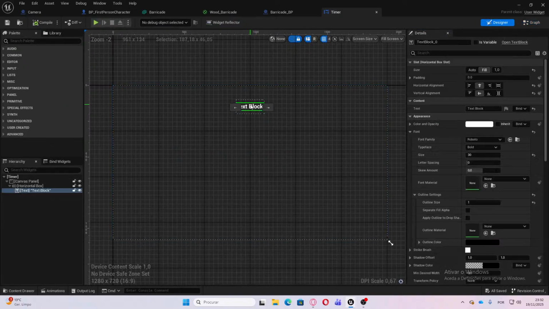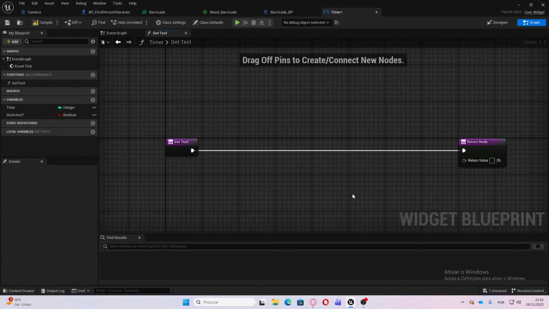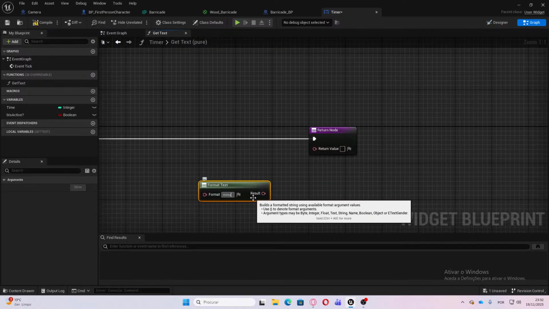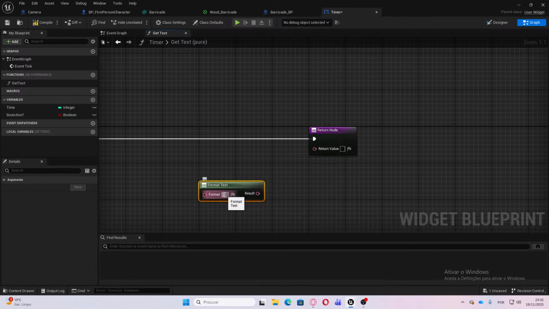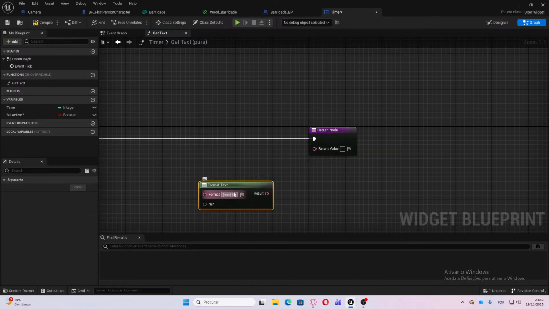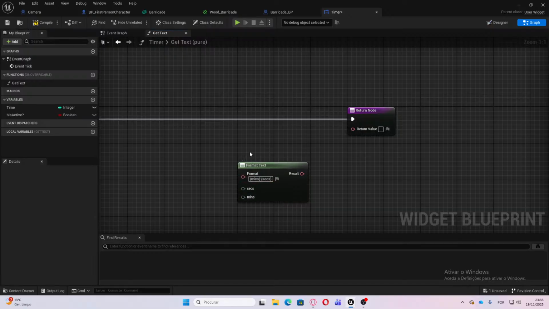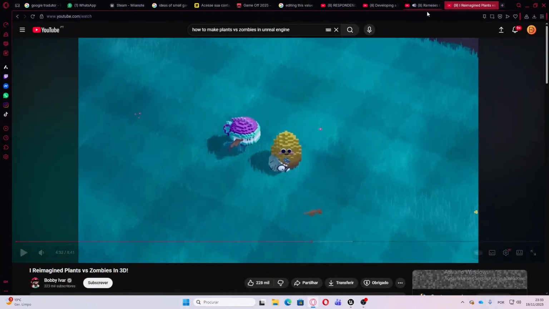function. Actually, let's go here and let's bind this to a bind, and now let's format text, and this will be the minutes. So like we have to make this a bind. This will be minutes, and then we have the seconds here. Minutes and seconds, and now we want to plug this in,